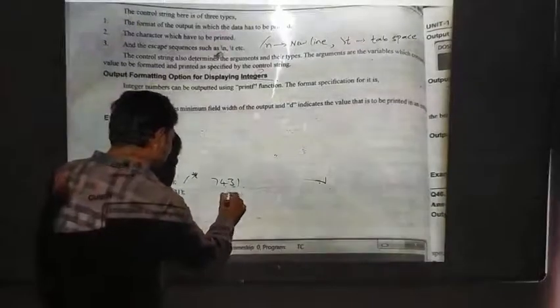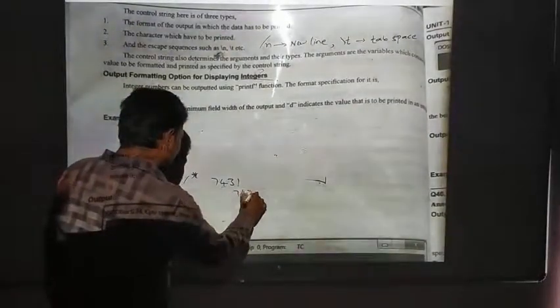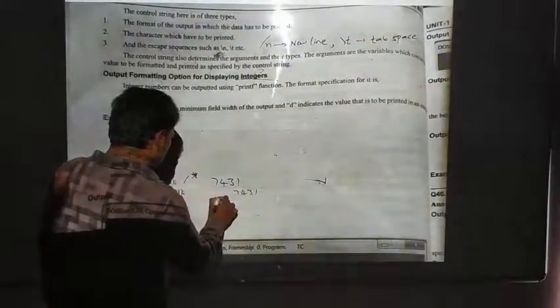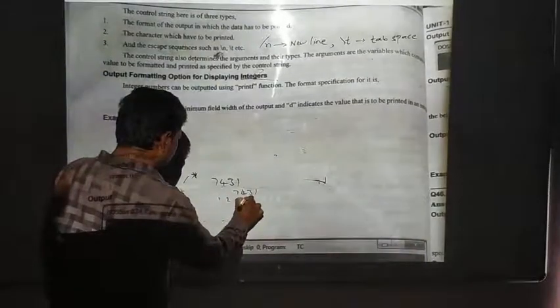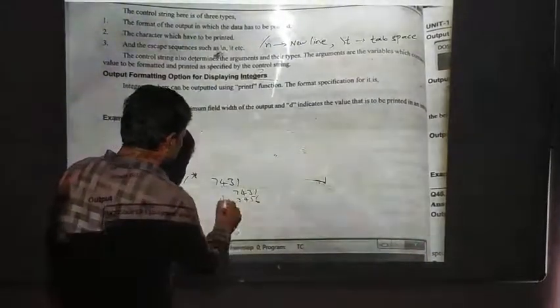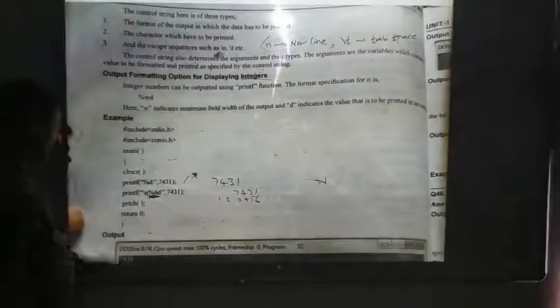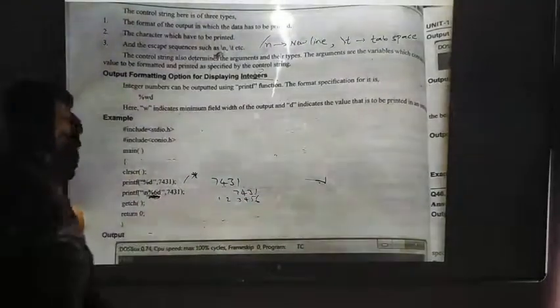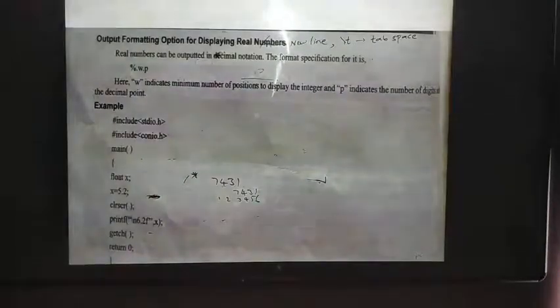It will start from here: 7, 4, 3, 1. Total how many? 6 spaces, right? By giving this width, you will see the console like that.